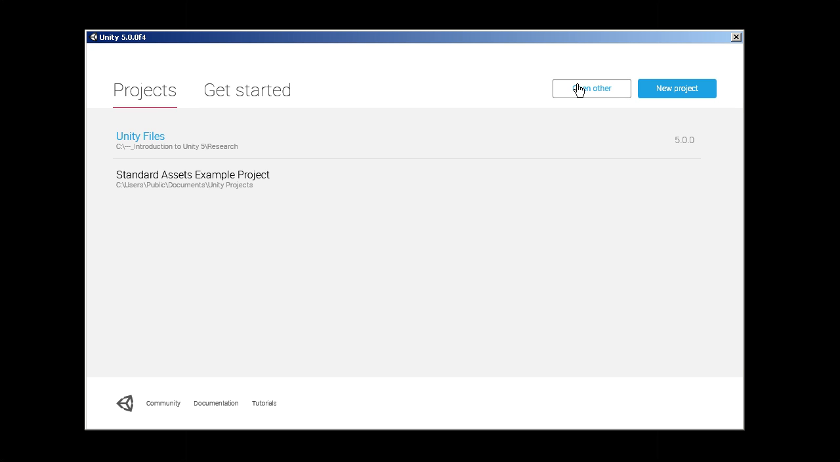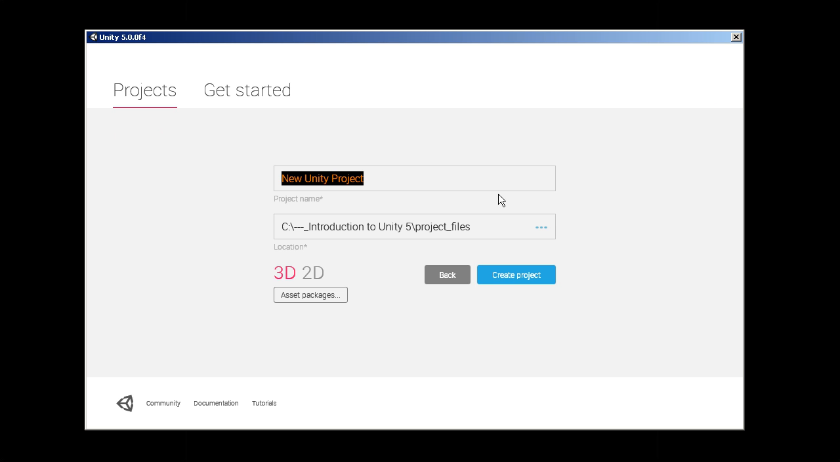But what we want to do is create a new project. So what I'm going to do is click on New Project, and it's going to give you some options. The first thing that I like to do is to go ahead and change the location in which my project is going to live. So in my case, it's going to be in the Introduction to Unity 5 Project Files folder. If you need to browse to your own folder, you can simply click on the Browse button here to the right,